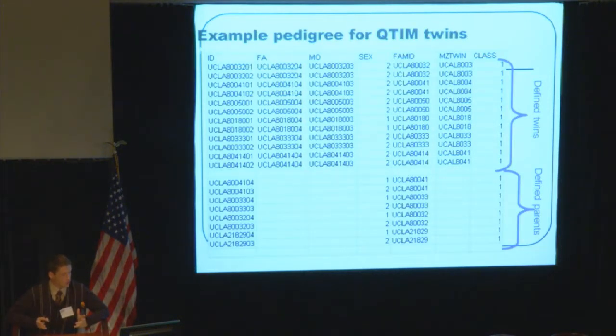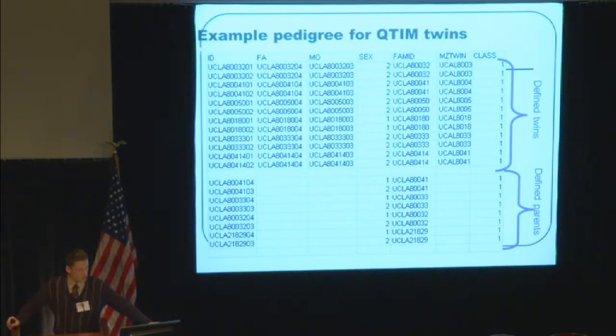So here's an example of a pedigree for a Q-team twin study. That study is a collaborative research between UCLA and the University of Queensland. And I'm proud that I have made that file, so I can tell you all about it. Because I mostly work with NEDA, I gave the subject numbers a UCLA prefix, and so you have the ID of the subject, such as UCLA